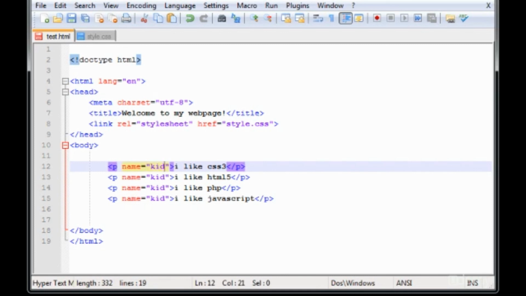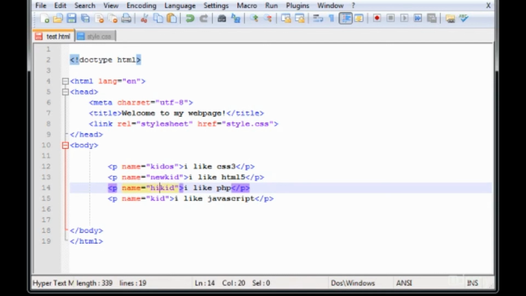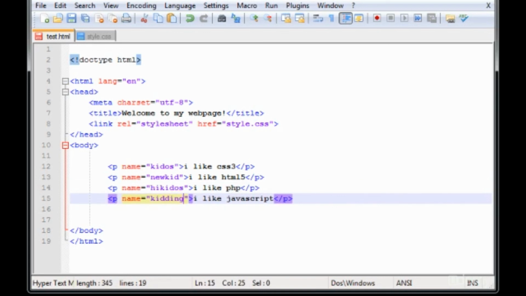I'm not sure if you guys already know what regular expressions are from PHP, but probably some of you already know what they are, and you can use them in CSS3 now as well. Let's say kiddos, new kid, hi kiddos, and kidding. Let's save this. Let's go here,